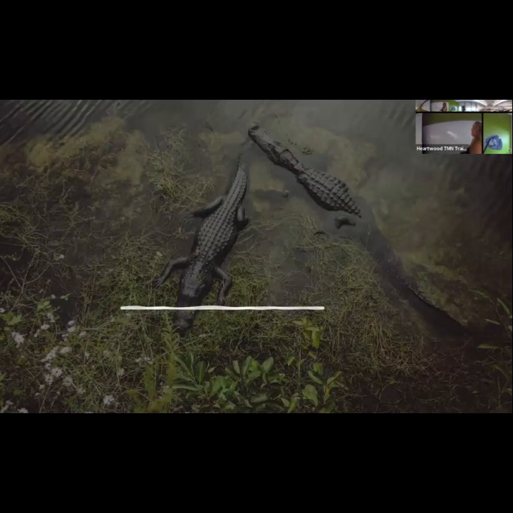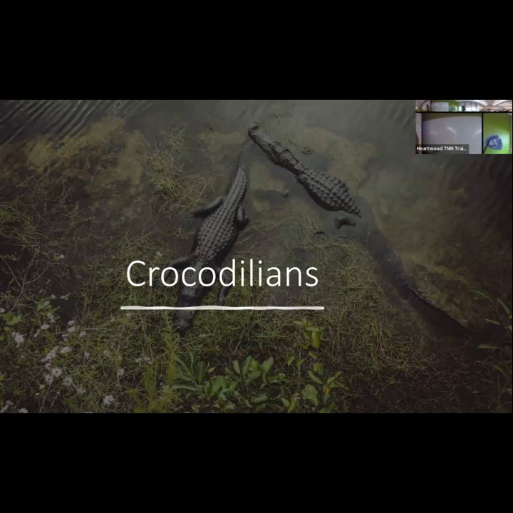All right. My favorite. We're going to talk about the crocodilians. We used to have two species of crocodilians in North America. Now we really have one. That's the American alligator. We used to have the American crocodile. It's endangered, and if we have them, they're only in Florida on preserves. Occasionally, a Cuban crocodile might make it over into Florida, so they do have Cuban DNA in the American crocodile, but I think they travel so much back and forth that it's hard to distinguish between the two. So really, we're going to be talking about alligators.